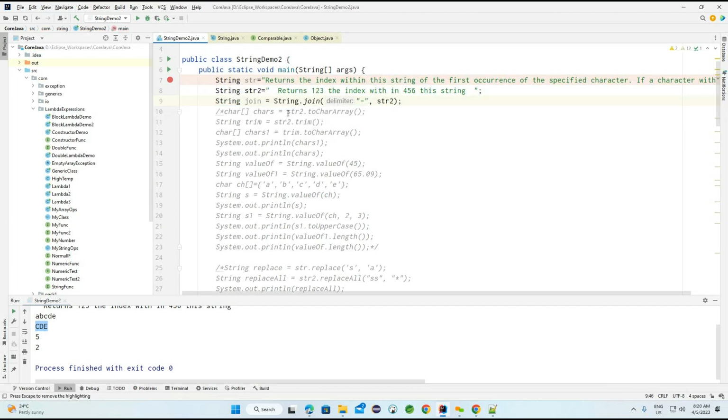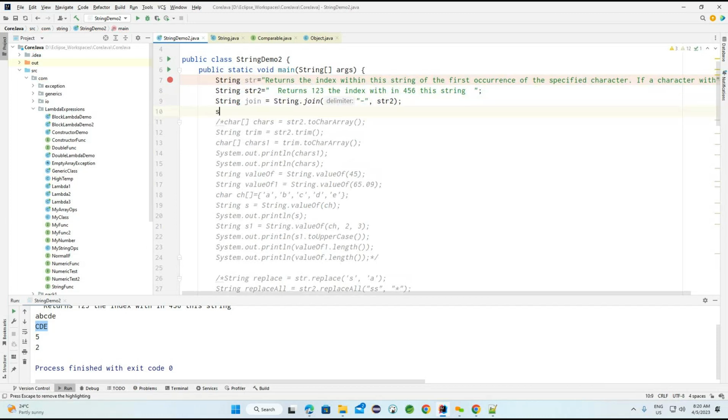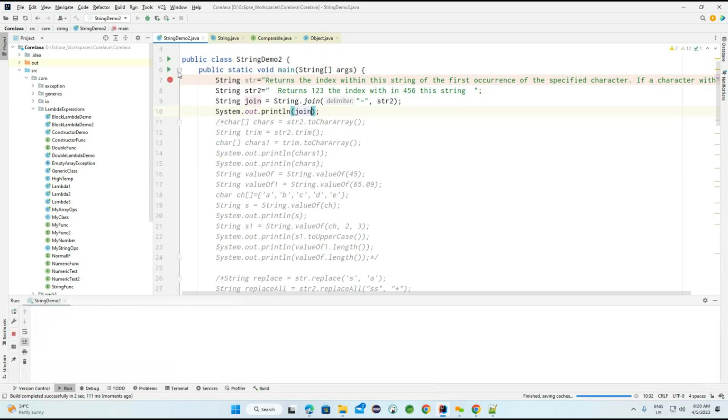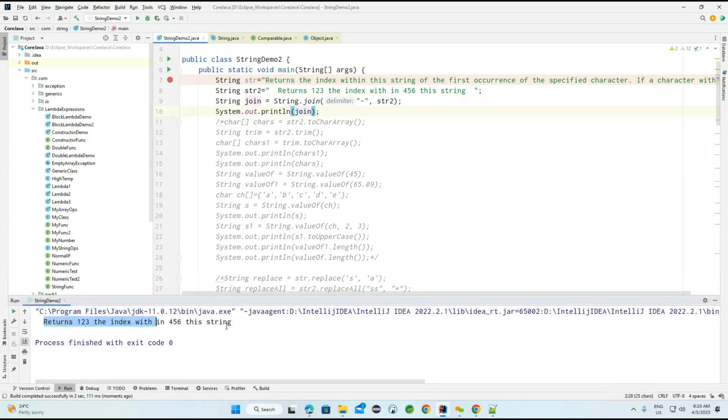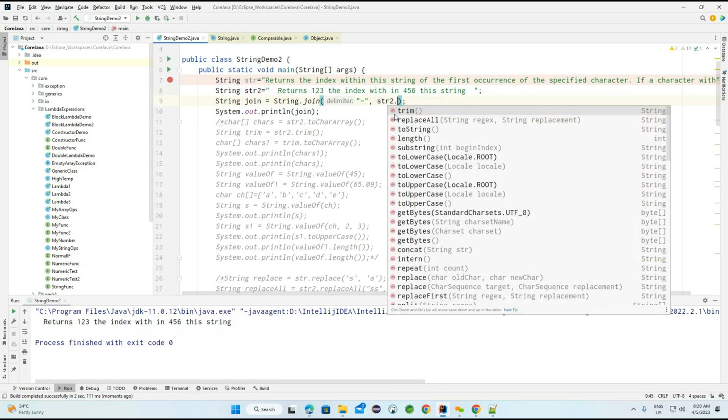Now what will this join method return? I want to print this join method. Now carefully observe what exactly this join method is doing here. If you see, nothing is applied, because it returns whatever we are having, 4 5 6, the same thing is provided. But now for example,